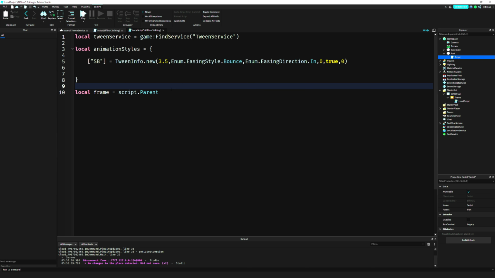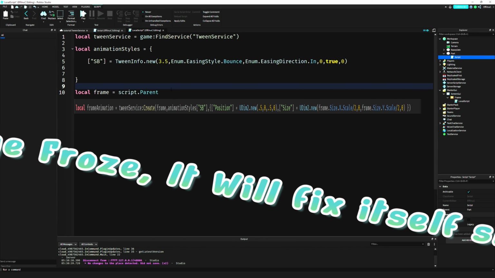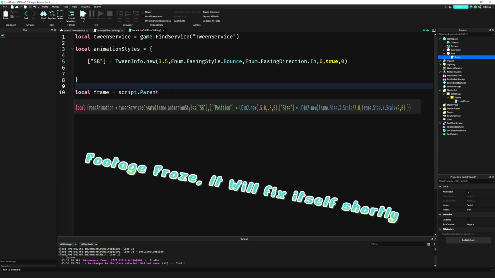So we're going to go ahead and do a local frame animation is equal to TweenService:Create, and then the frame, because that's the instance that we want to move, then a comma, and then animation styles. And again, you can do a dot, or because we've made a dictionary, you can just do parentheses SB. We'll do a comma, and then another table, and then another square bracket with another parentheses, and we'll do another position is equal to, and then this time we are actually going to be using